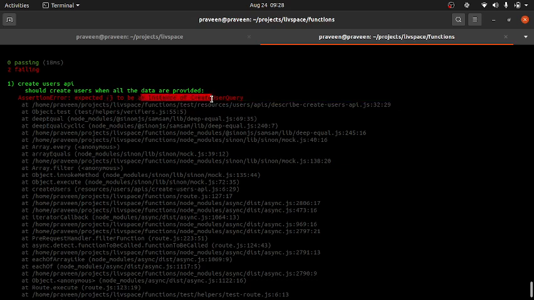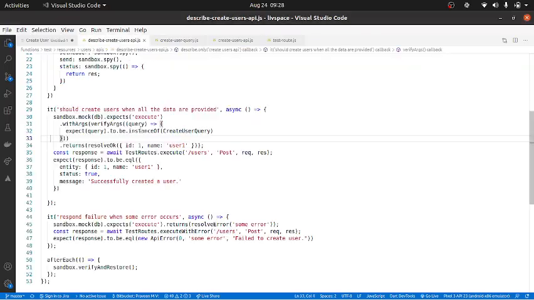Expected this to be instance of create user query. It was basically expecting create user query, but it got a simple object over here. So which is a good thing. So we need to fix this.